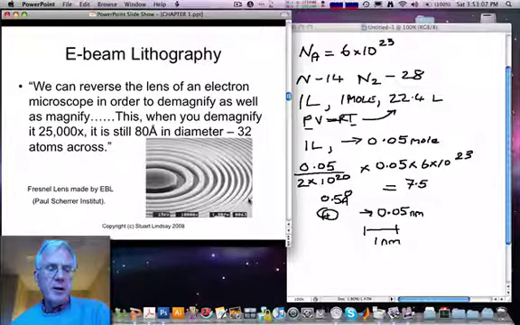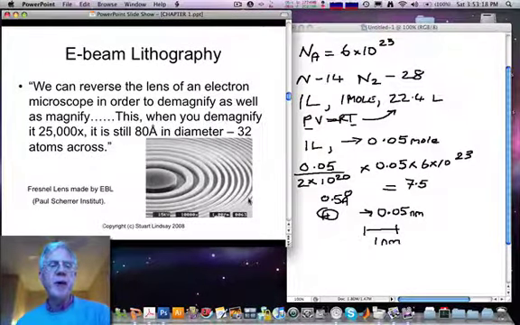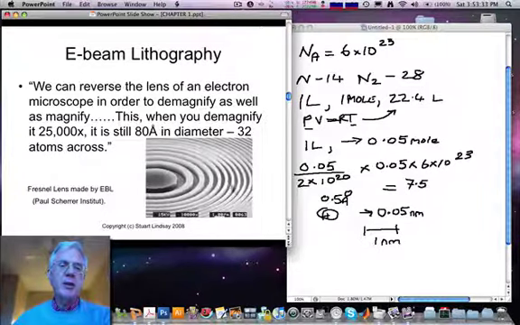And it occurred to him that if you can use the electron microscope to see very small things, you could just run it backwards and take an image of a big thing you wanted to make, and project it backwards through the microscope to make a very small image of it. And indeed, that's exactly what is done today in instruments called electron beam lithography instruments. And this picture here, see the scale bar here is 1 micron, is a picture of a device that's been made in a polymer resist for focusing X-rays. It's a Fresnel lens, but a Fresnel lens on the nanometer scale.